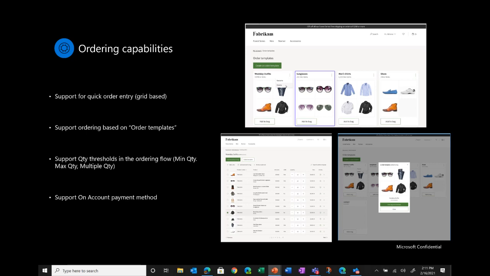And once they have entered all the products on that UI, with one single click they will be able to add all those products into the cart and then check out, right? So making the order entry experience more conducive and more coherent for a B2B order entry is something that we have enabled for B2B e-commerce.